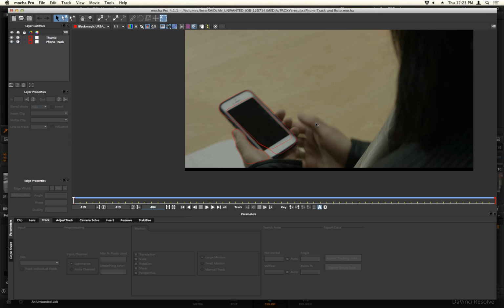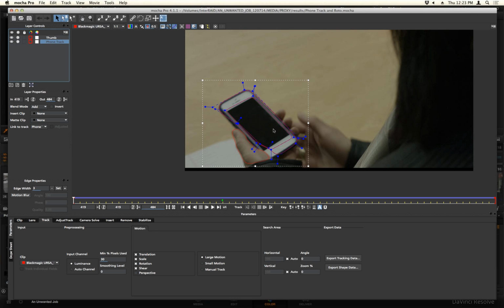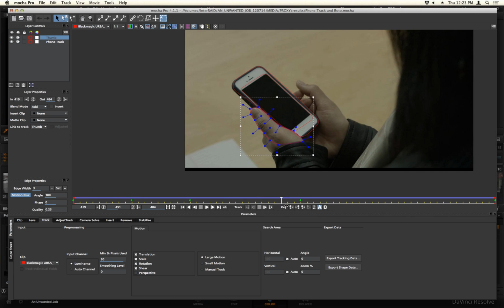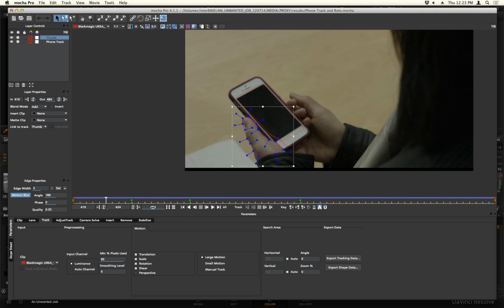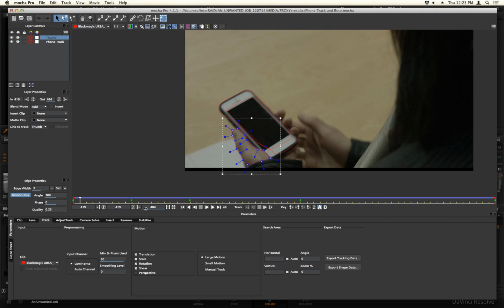I imported this clip the same way I did the other one. But this time you can see I've created two layers. I've got a phone track layer, which is actually creating tracking data. But I also have a thumb layer, which is a really fast and not that great roto job that I did, using both the planar tracking and the simple ability to adjust the mat to roto the shape in to follow